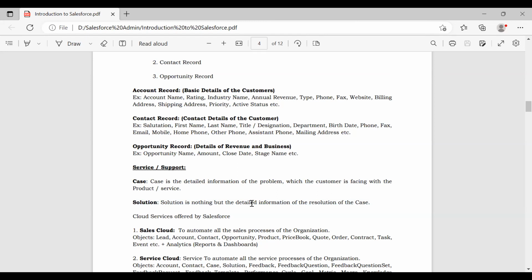And once the leads are generated by the marketing department, sales department is going to sell the products, and finally service department should be able to provide the service to the products in the future, depending upon the problem which the customer is facing with the product. So this is about the basic CRM lifecycle. The lifecycle of any CRM application will be the same.